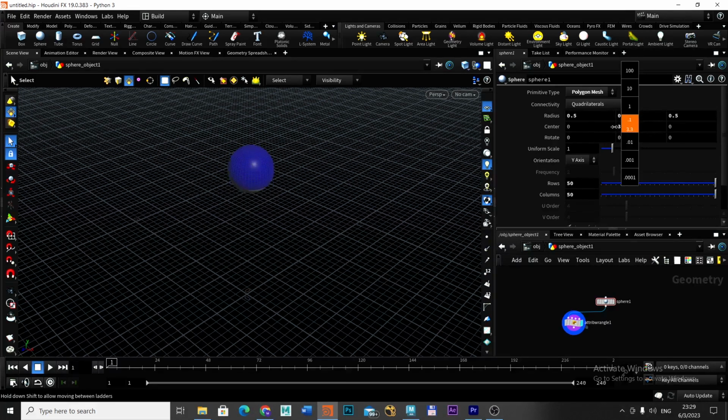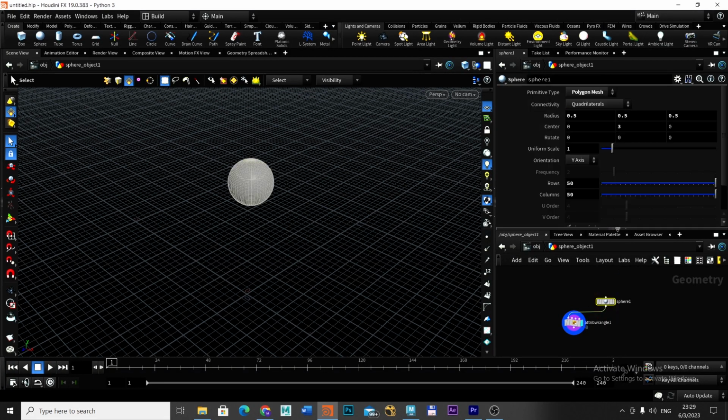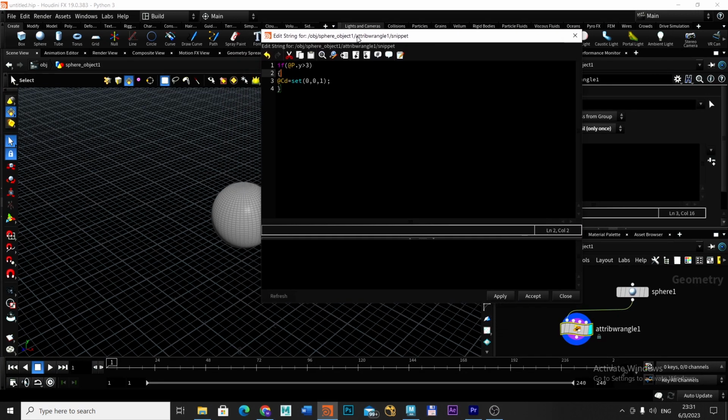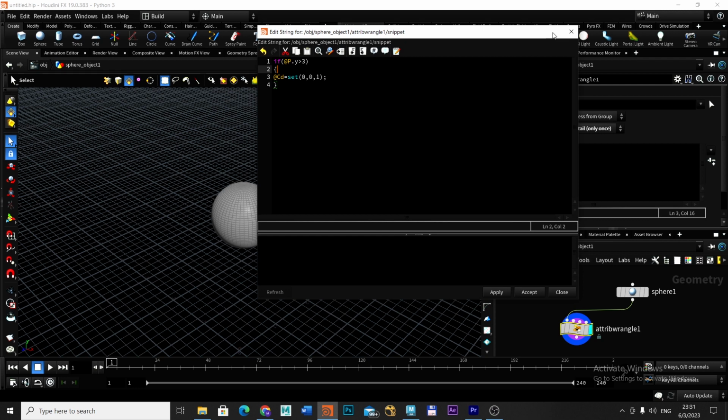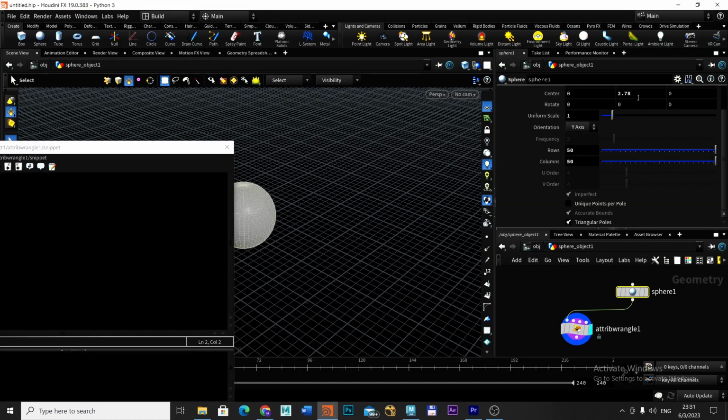We have points and we might change to detail only once. Then we will have the color changed at once like in Maya. So it will be changed at once on the whole object. If you would like the color to appear point by point, then we'll need to set points. Point 1, 0, 0, 1. So if it's higher than 3, it's blue, and if it's